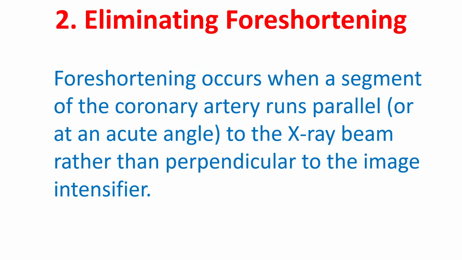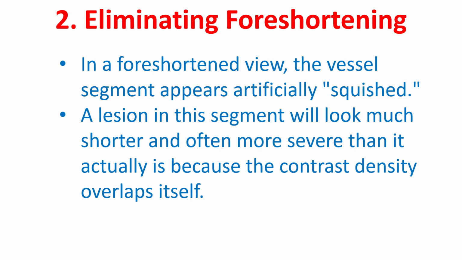Eliminating foreshortening. Foreshortening occurs when a segment of the coronary artery runs parallel or at an acute angle to the X-ray beam rather than perpendicular to the image intensifier. In a foreshortened view, the vessel segment appears artificially squished. A lesion in this segment will look much shorter and often more severe than it actually is because the contrast